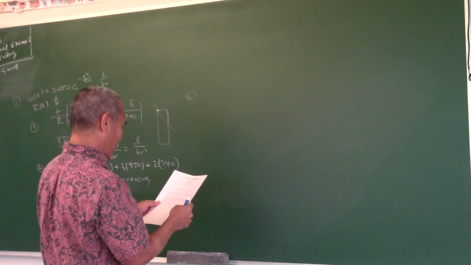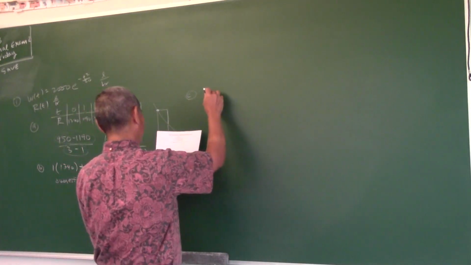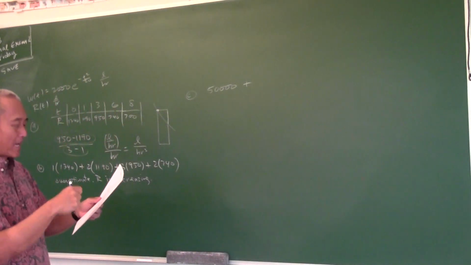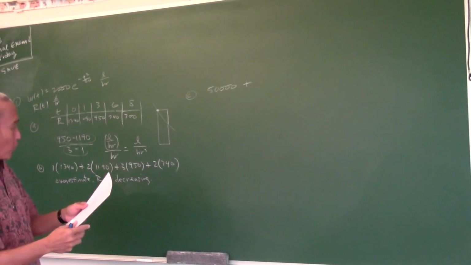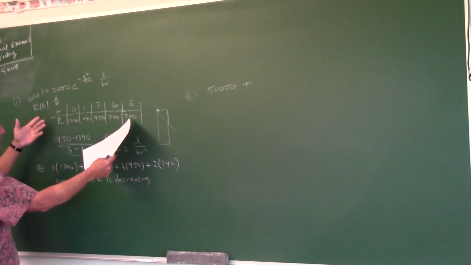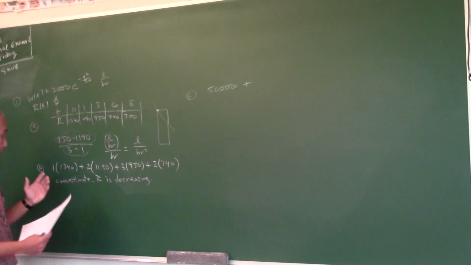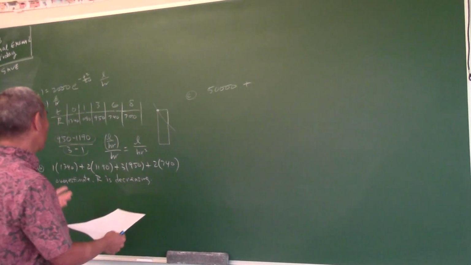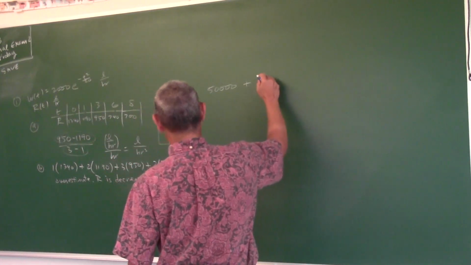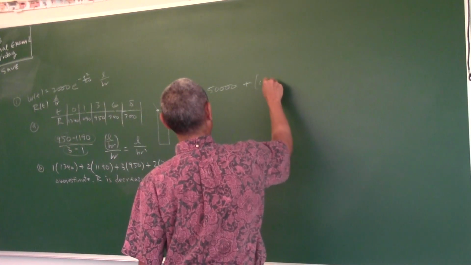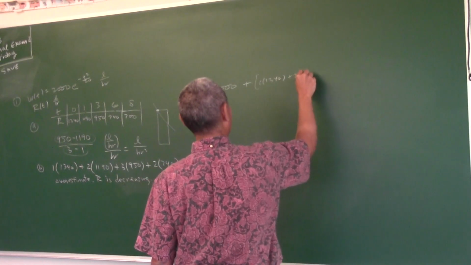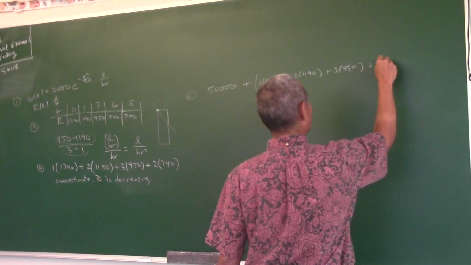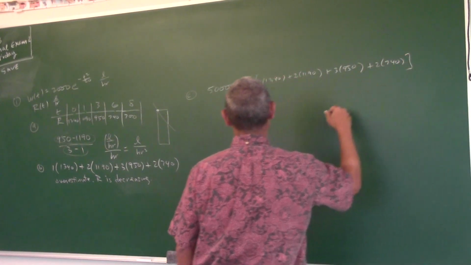So first of all, how much water is in the tank? Well, we started with 50,000, right? Plus, how much was taken out? Well, water is being removed at this rate, and so we approximate how much water came out right here. So whatever answer you got there, now some of you actually computed it, I don't know what the number was, but you can, or if you didn't compute it, just put that thing here. So that would be 1 times 1340 plus 2 times 1190 plus 3 times 950 plus 2 times 740. And then,